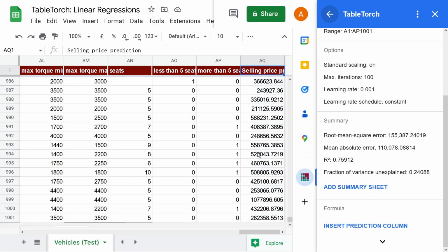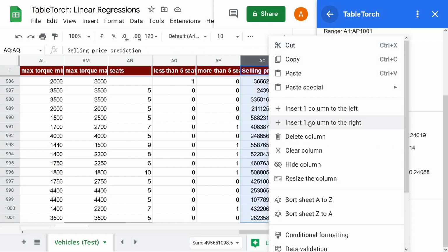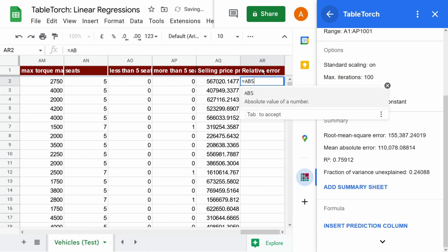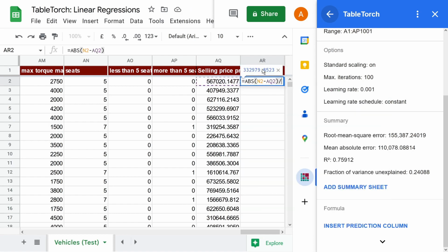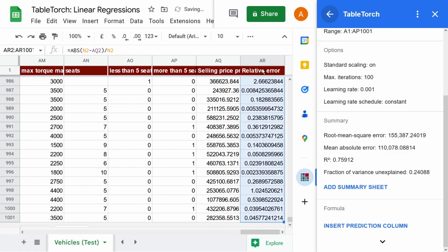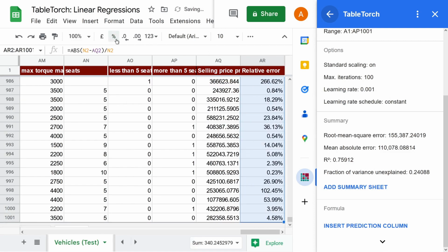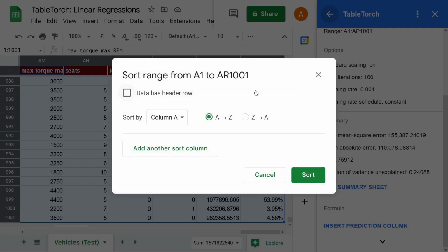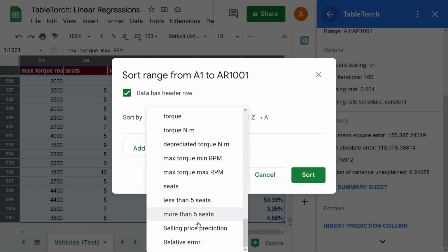A relative error column will help us identify the accuracy of our model. Let's sort the rows by the relative error in an ascending order.